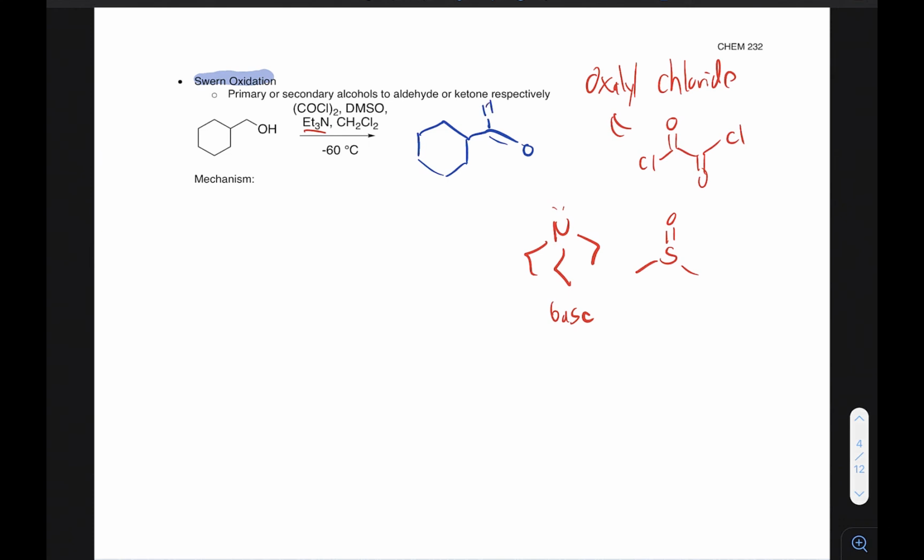We won't worry about the mechanism. It's pretty complicated. I urge you to Google Swern oxidation mechanism and take a look at it. There's a lot going on here, so it's a little bit beyond the scope of what we want to cover. But, right, kind of the key thing I want to highlight as we're looking at all these, right, is we're seeing